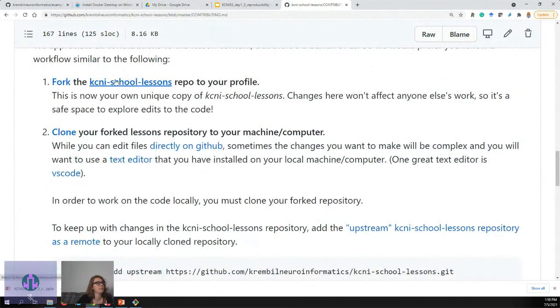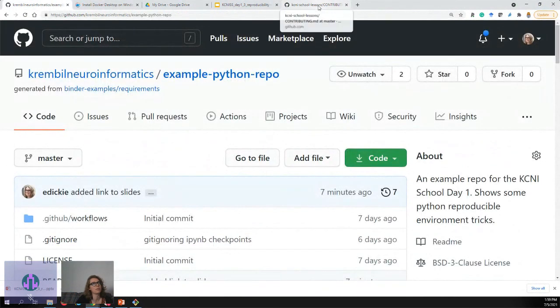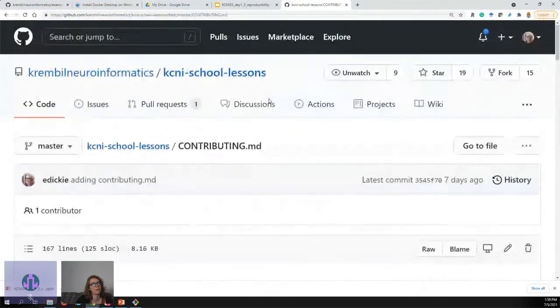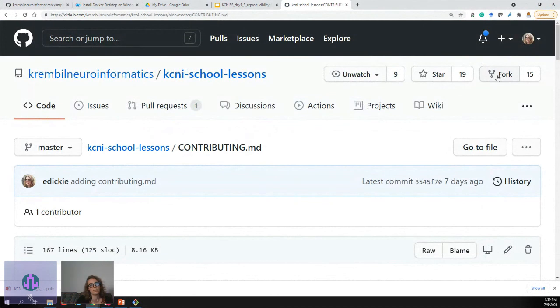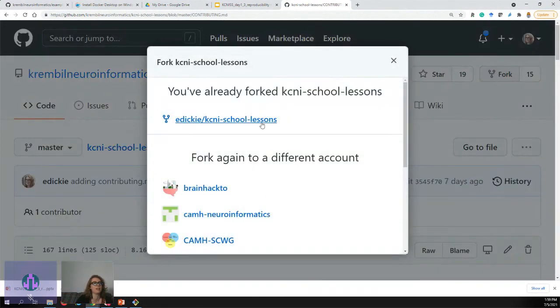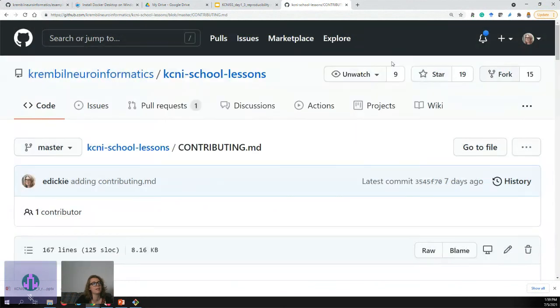So step one, fork the lessons repo. I already have a fork of the lessons repo. So if I hit the fork button up here, it'll tell me you already have a fork. Would you like to go to your fork? If I don't have a fork, like say in the Python examples repo,